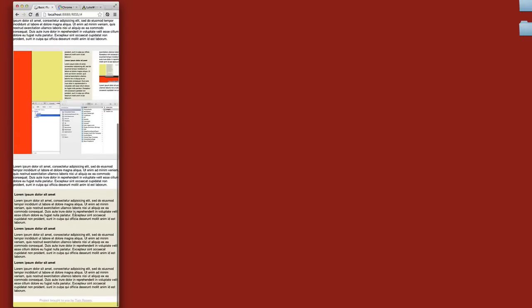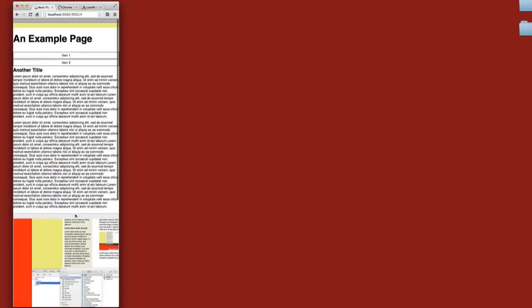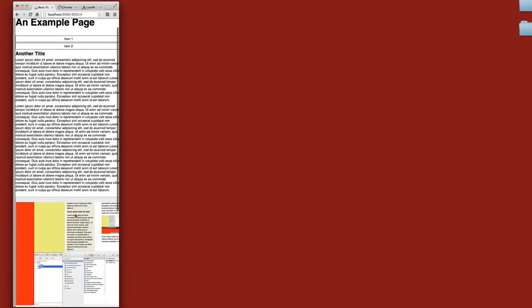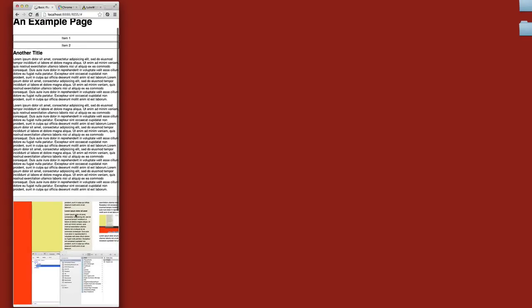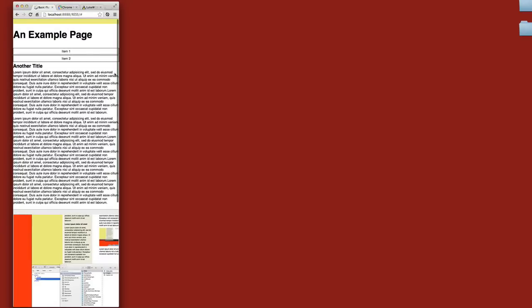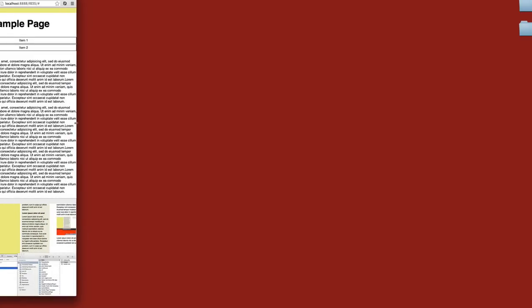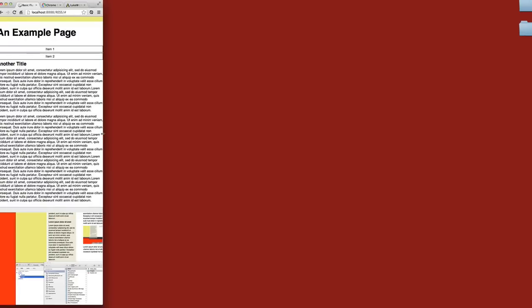we get a nice mobile layout. The sidebar moves to the bottom. The text gets slightly smaller. The imagery is sized to only be as wide as it needs to be, and the navigation changes a little bit, and it's just a nice layout. If we just expand the width of the browser window a bit again,